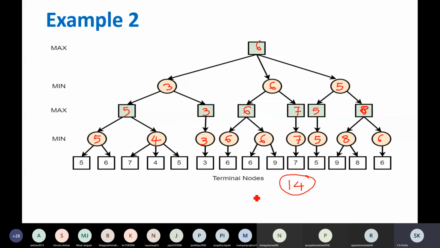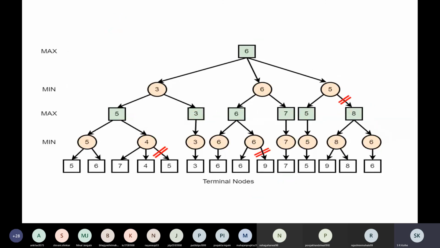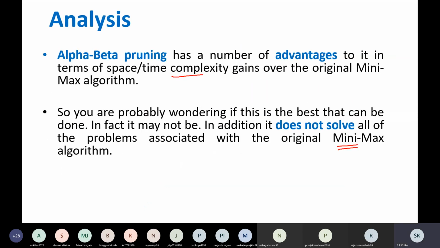In alpha beta cutoff algorithm, we have evaluated only 9 nodes because these nodes you need not evaluate. Okay, understood the difference? Any question on this?